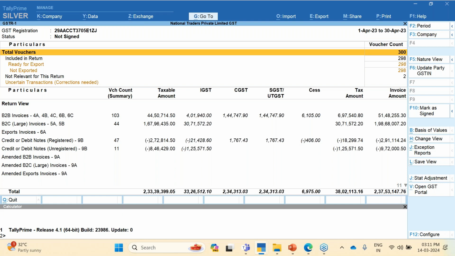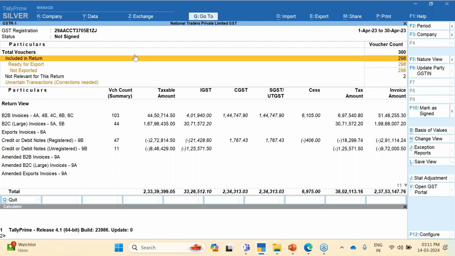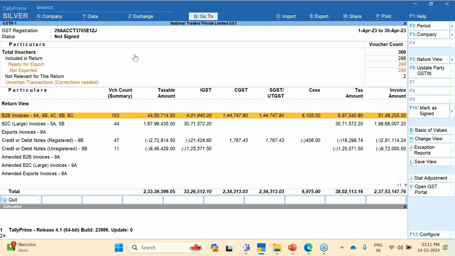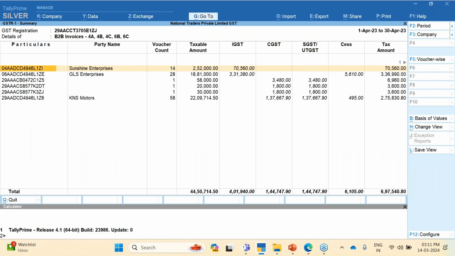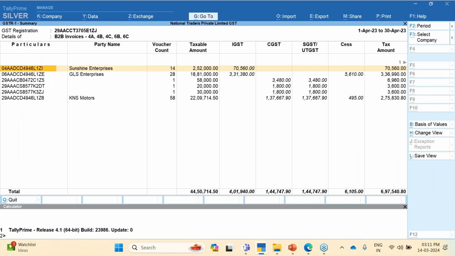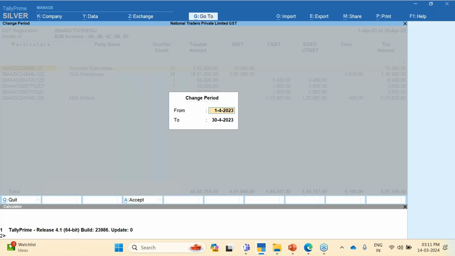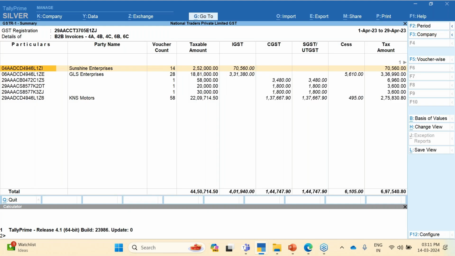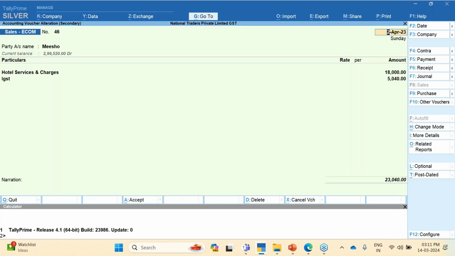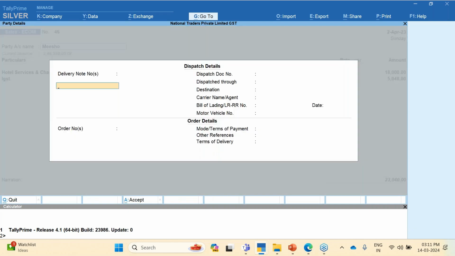So we can see this is National Traders Private Limited, who are running their business in Karnataka, and they have already been doing their sales and services online. The transactions are already accounted, and today they are already participating in our respective tables. So I'll just take up the period, and for example, if I have to take this entry here, so Meesho,